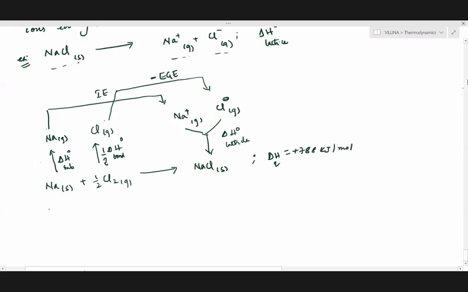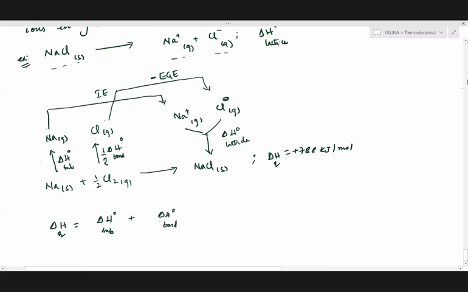But there are more than one step, right? So according to Hess's law, this delta H of reaction should be the sum of all the individual enthalpies involved. Let's write them. What happens to the sublimation energy in the first case? Delta H naught of sublimation will be positive. And the bond dissociation enthalpy, breakage of bond? That will also be positive.